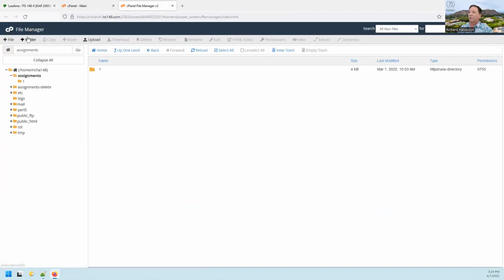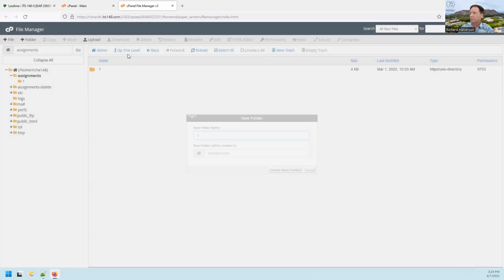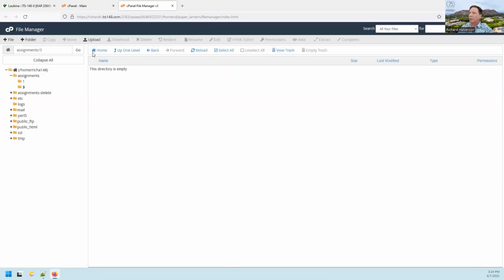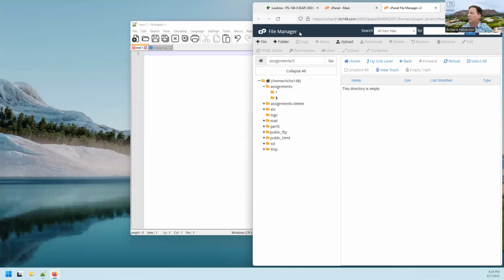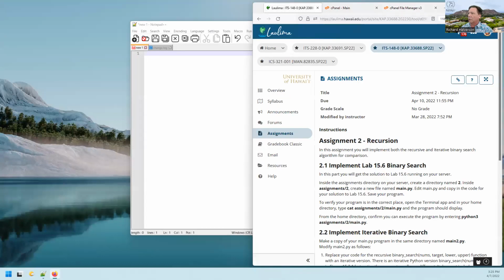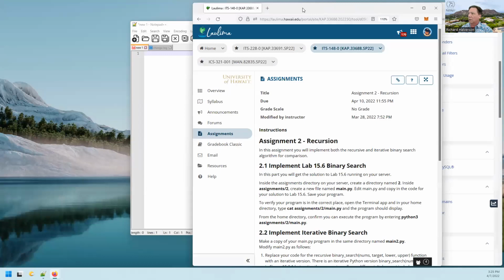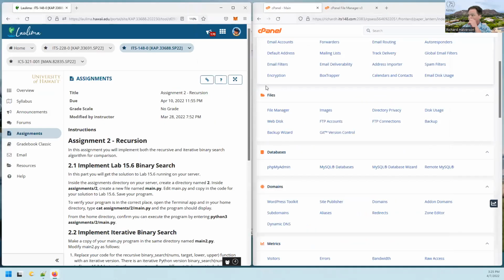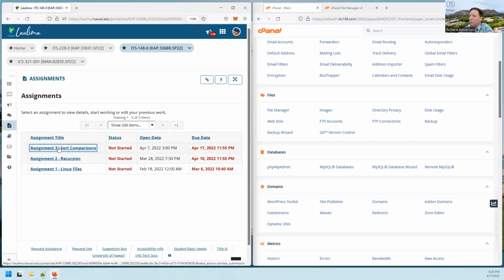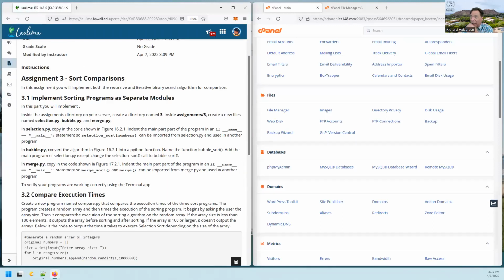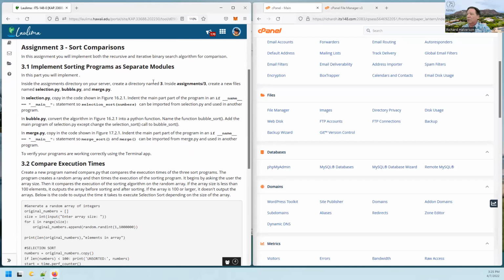So I'm going to make a folder number 3, and then what am I supposed to do? Let's see. Put this here, and I'll take this out. Put it here. Oh, wrong one. Okay. So I'm supposed to make a 3, and then I made the 3, and then I got to make